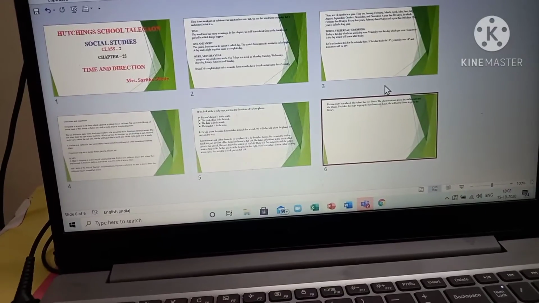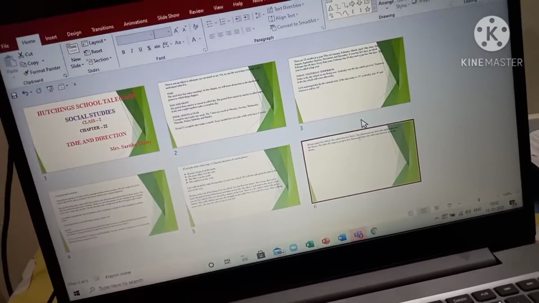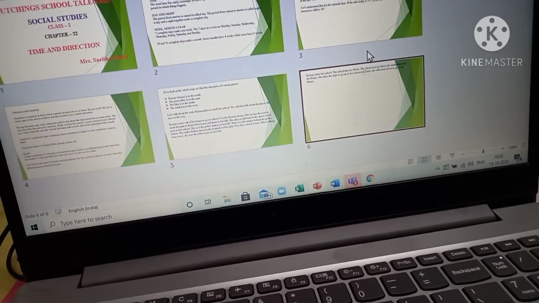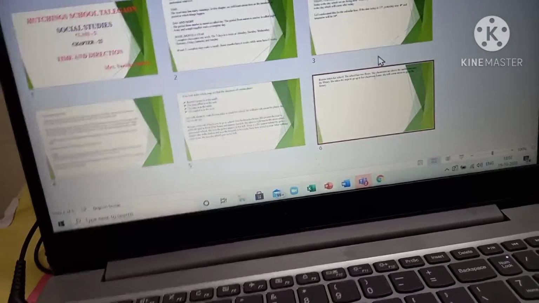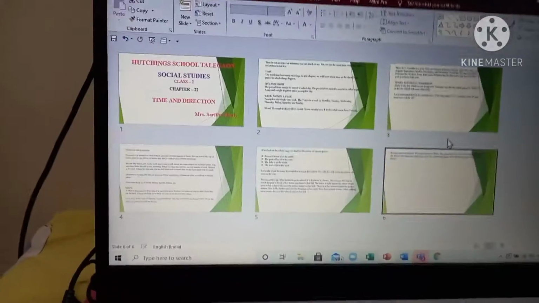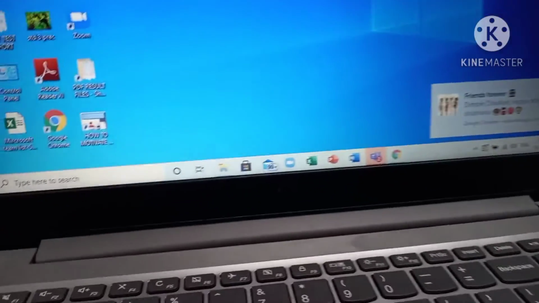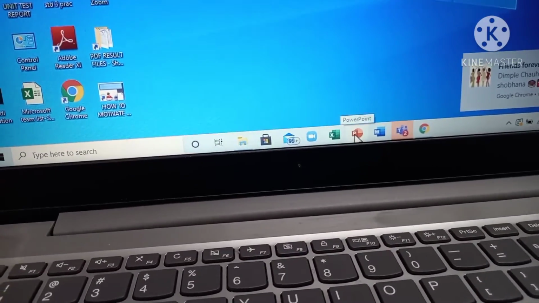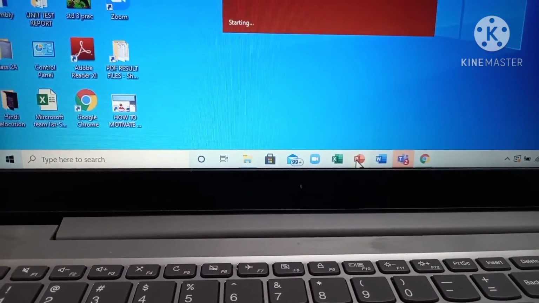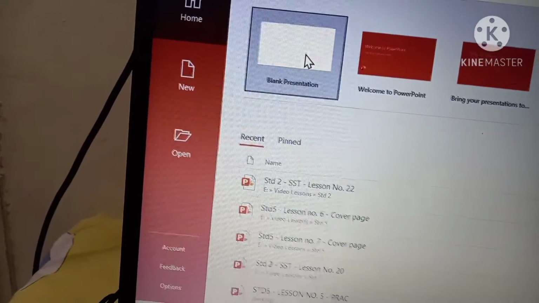Just now we have seen the components and the slide preview pane. Then creating a new presentation also we have seen. Now let us see how to save. For that I will again go with new, don't save. Okay, again we'll do it. I'll go to PowerPoint and open the blank presentation.